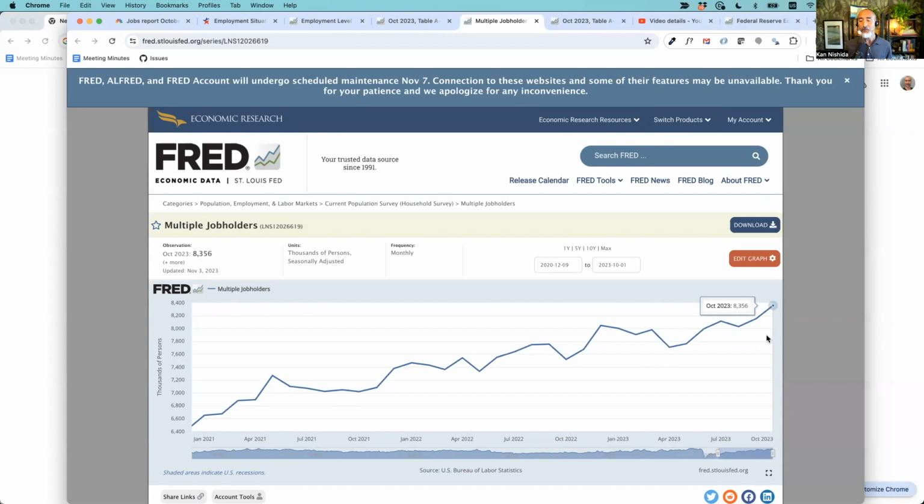The month before, September, is 8,151,000. So what's the difference between these two? It's about 200,000 people who started having multiple jobs. Think about that: 200,000 people now have multiple jobs.